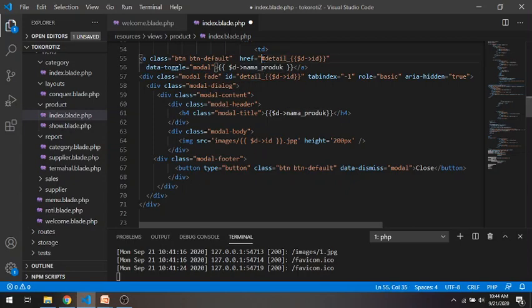Usually programmers miss this one. For each ref it has to put this. So this one will open this modal with the same ID.